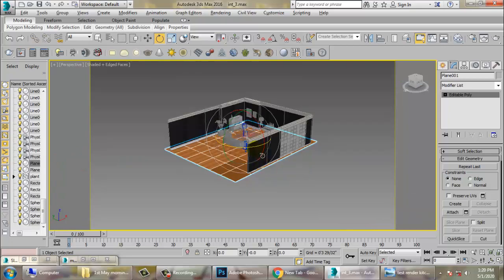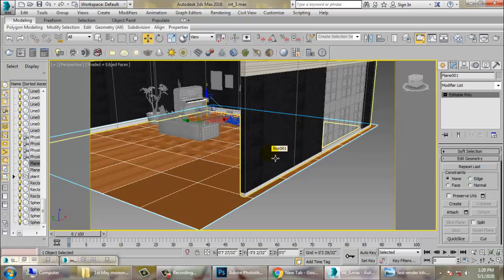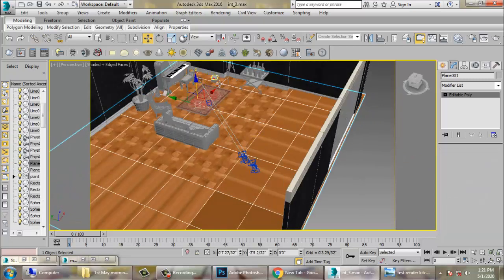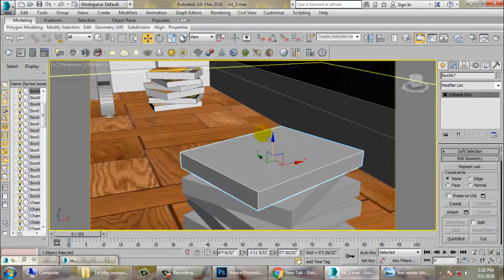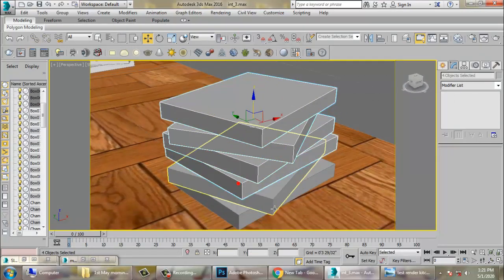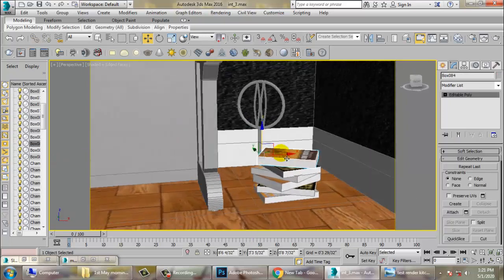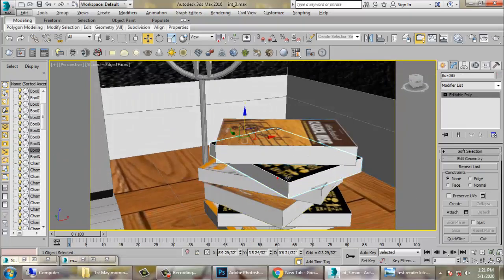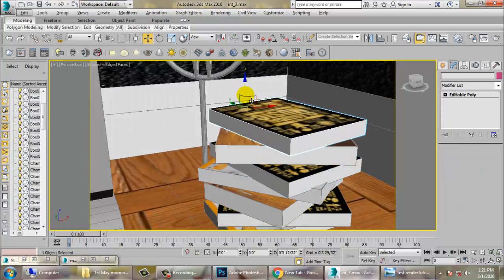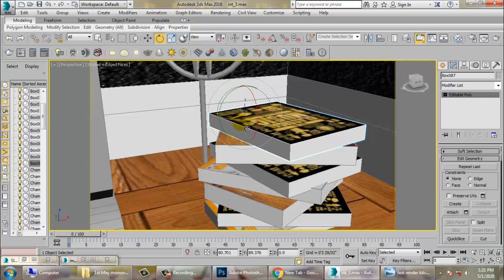So let's check out how many books. So we can just delete this, we don't need this, so we can keep this as it is, which is required, and rotate it.